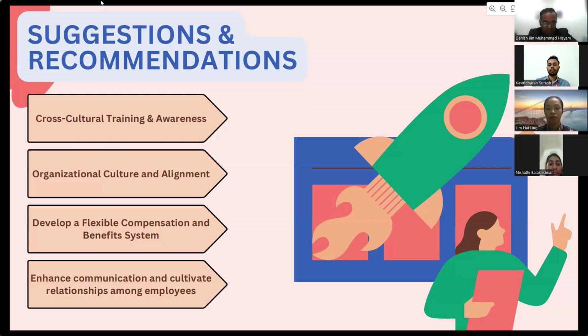Development of a flexible compensation and benefits system is recommended to overcome the issues like designing compensation and benefits packages that are competitive within the local context given Malaysia's diverse population. A flexible benefit system can also be tailored to different employee needs, such as healthcare, housing loans, allowances, and transportation. So it can help to offer cultural appreciation, and also flexible benefits will attract local talents and employee satisfaction